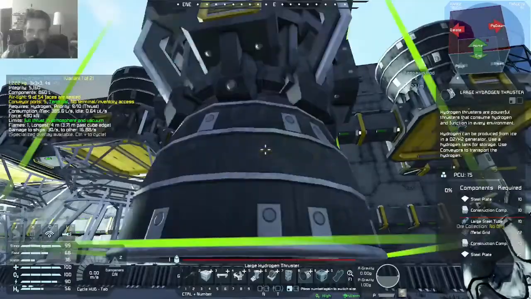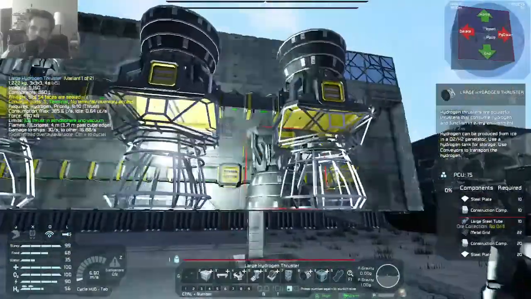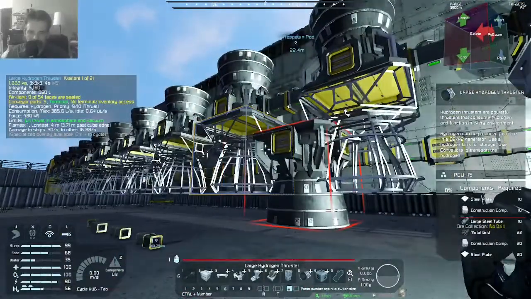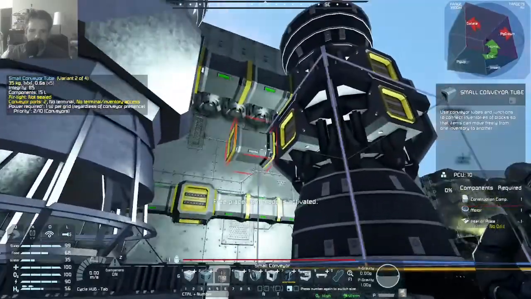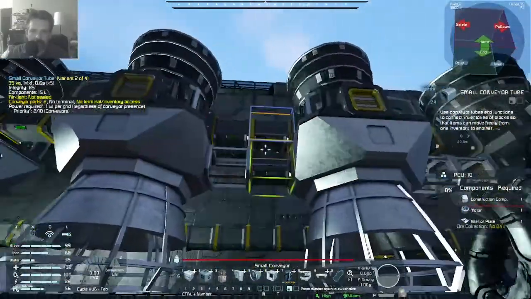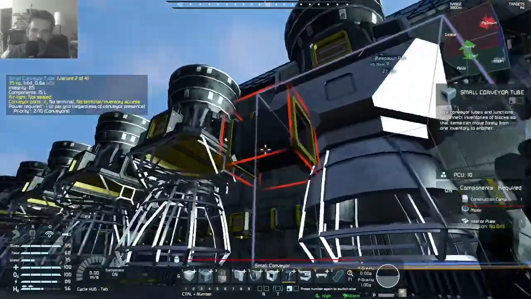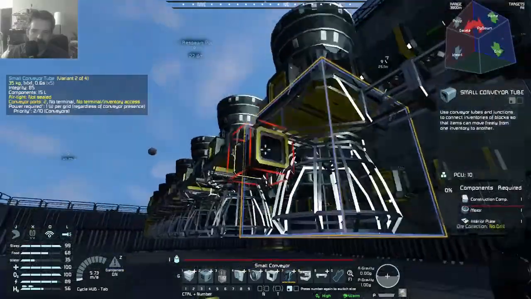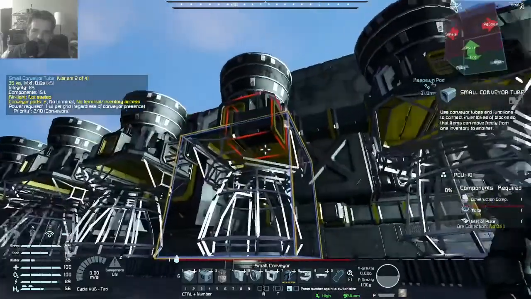And on top of that, I'm also going to run a second conveyor running all the way along. So we will also do another conveyor right here, which I know that's overkill, but this is my thrust. This is what stops me when everything gets out of control. So